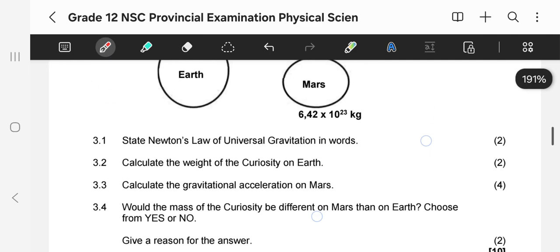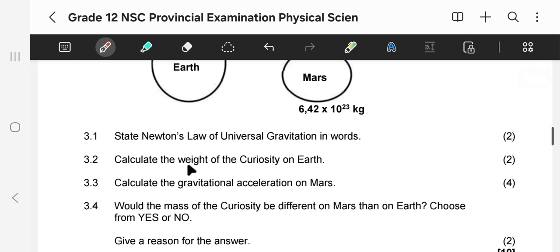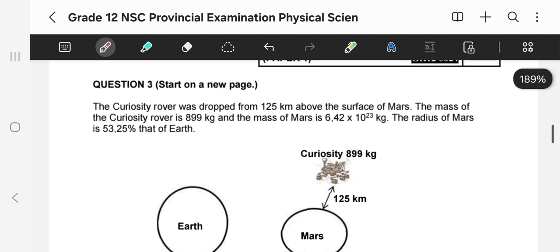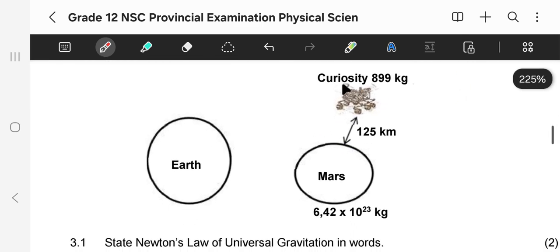Let's move on to 3.2. 3.2 says, calculate the weight of the Curiosity. They want weight, and we have to remember that weight is calculated by using the formula W is equal to mg. We multiply the mass and the gravitational acceleration. What is the Curiosity? The Curiosity is this object here, right? This is the Curiosity, and it has a mass. I have not found the weight yet. It has a mass of